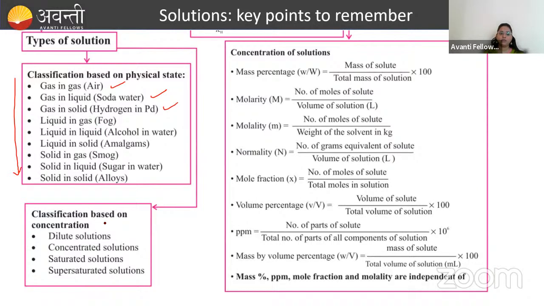So, classification based on concentration. There are different types of solution: dilute solution, concentrated solution, saturated solution, and supersaturated solution. So you know these, right? Dilute solution means the concentration of solute is less. Concentrated means the concentration is high. Saturated means very, very high, where undissolved solute particles are present. Supersaturated means